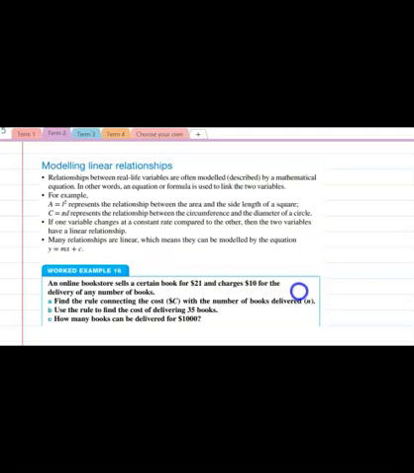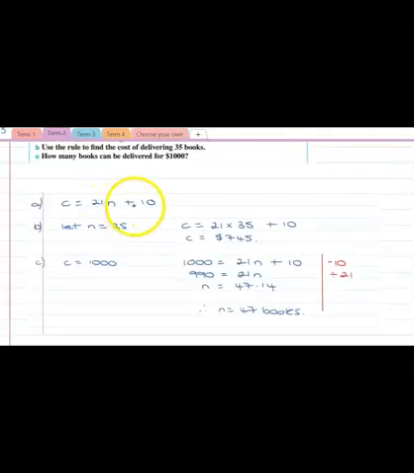So when we write this in terms of the variables, C represents our y-axis and N will represent our x-axis, and we'll come up with a rule. So the rule becomes C equals 21n plus 10, showing our gradient as 21 and our y-intercept as 10, i.e. for every one book, the cost goes up by $21, and there's a set delivery fee of $10. Now we've got to use the rule to find the cost of delivering 35 books. Well, that means when n is 35. So if we substitute n equals 35 into the rule and calculate, we get the cost as